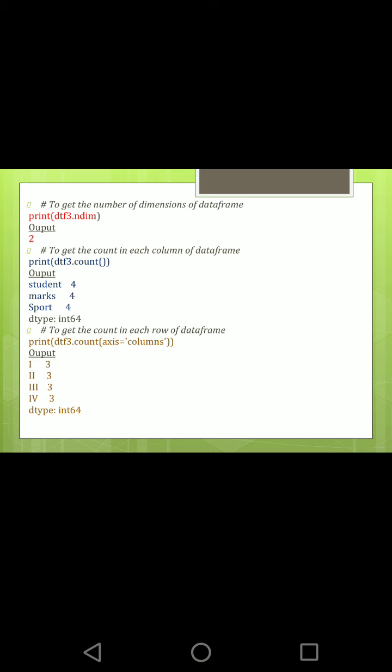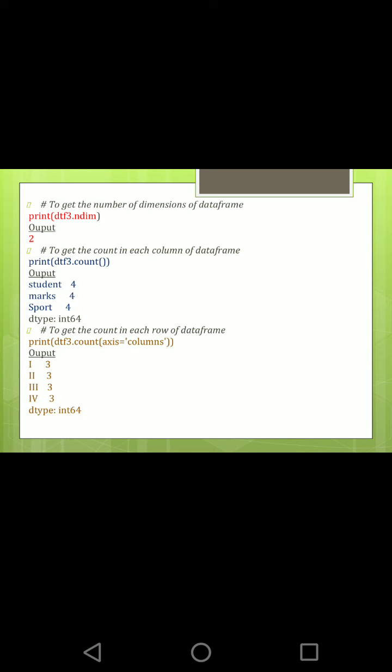To get the count of each column in the data frame, you have to give dot count. In dot count, it will show you the column names as well as the count. If you want to get the count row wise, you have to specify the axis inside the bracket.